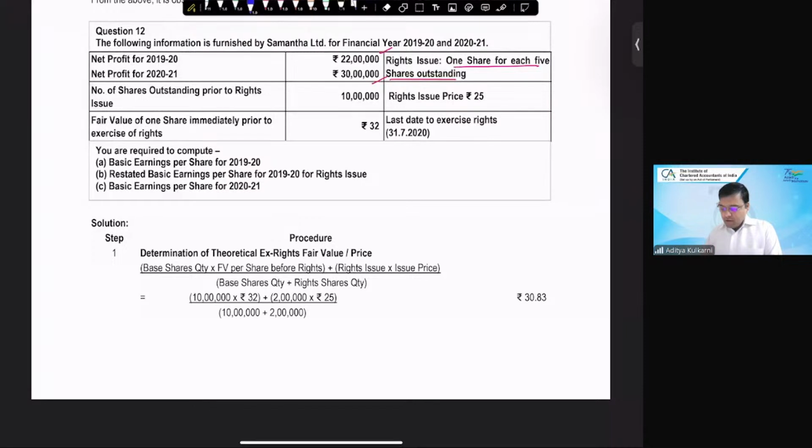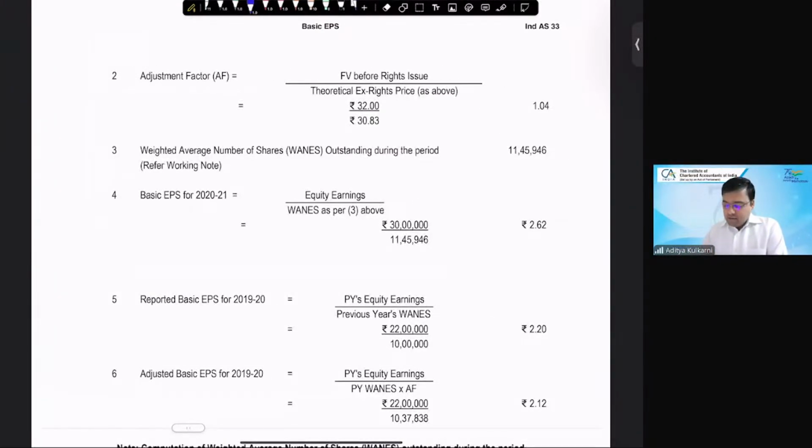So very simple. We also started with the theoretical ex-rights price, 30.83. You would have seen that, 30.83. We also got that. Then it calculated something known as an adjustment factor. This adjustment factor is fair value before rights issue divided by theoretical ex-rights price. So that comes to 1.04. You have calculators with you. Do one thing: take 32 divided by 30.833333. You will get